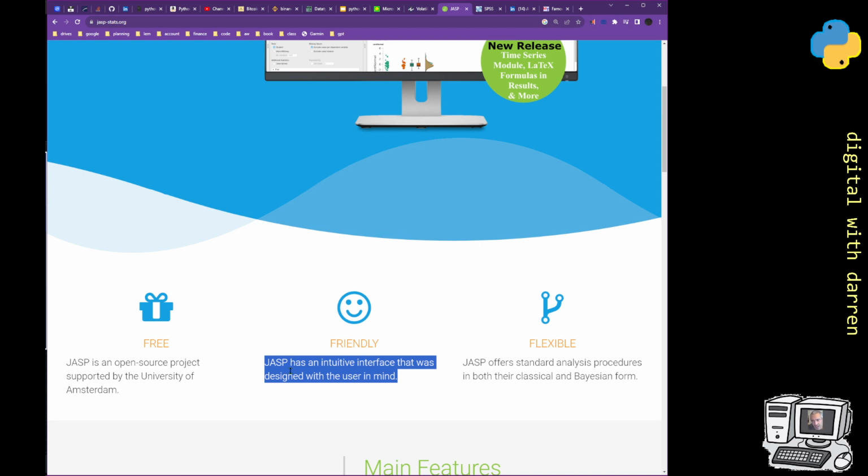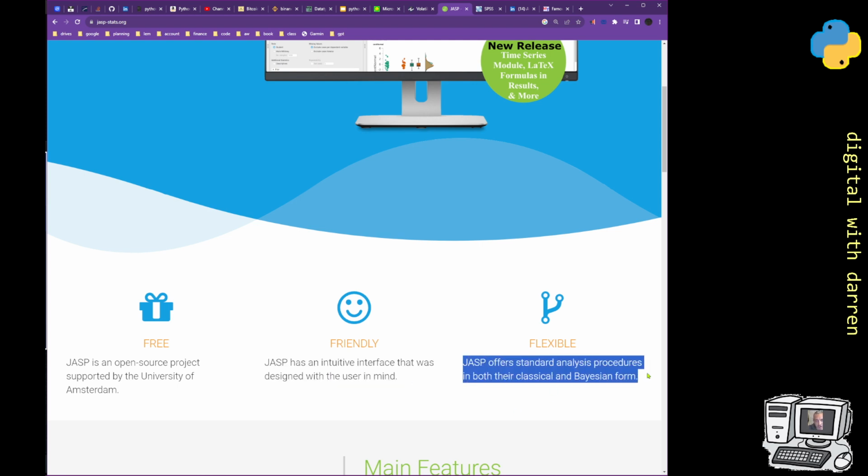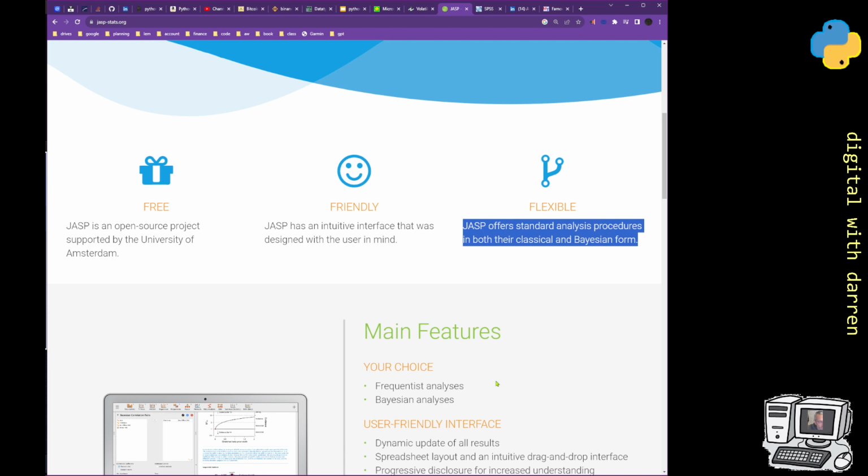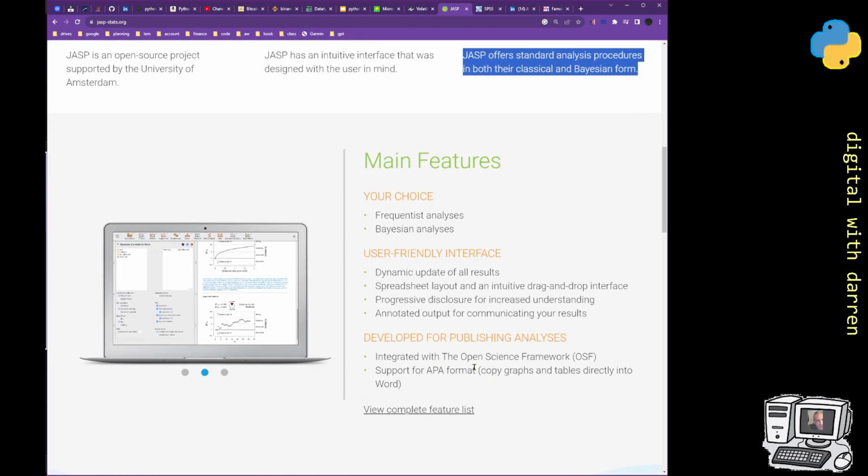I watched one 4 or 5 minute video and then another 10-minute video. I haven't even done the download. I probably won't do the download at this point, but I'll just go through a couple of the features. JASP offers a standard analysis of procedures in both their classical and Bayesian form. And the reason I'm not going to download it is